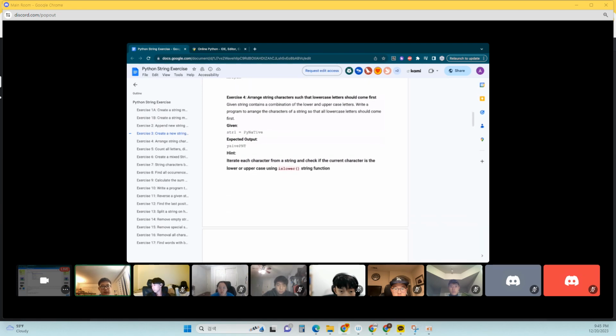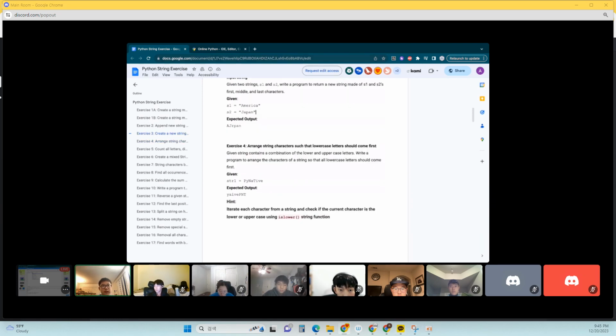Okay. So next one, we're doing exercise 4. Arrange string characters such that lowercase letters should come first. Given a string contains a combination of the lower and uppercase letters, write a program to arrange the characters of a string so that the lowercase letters come first. For this one,